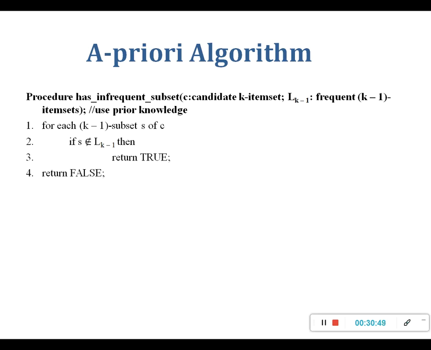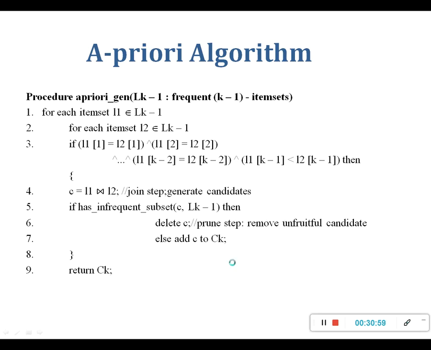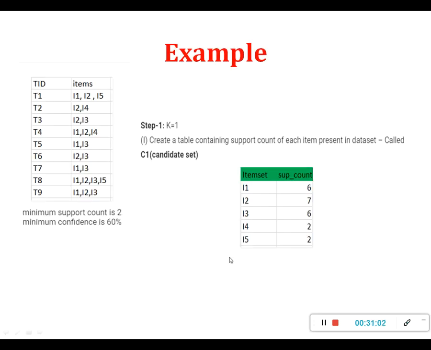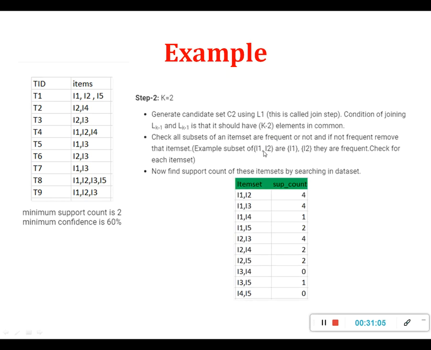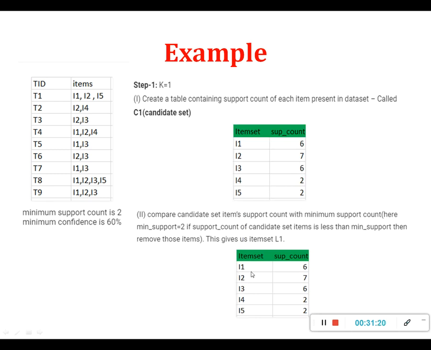So these are the different methods, and this is how we find out whether items are infrequent or frequent. We check whether they belong to our L list. If they do not belong to our L list, then the items are infrequent. If they belong to it, then we say the items are frequent. How? In the very first example, when I check whether I1 and I2 are frequent, I create the subsets of I1 and I2. Where do I check whether they are frequent? In my previous list. If I am creating L2, then I check in L1 whether they are frequent. So here is my L1 list. In L1 I check whether they are present. Yes, here I1 and I2 are present, so they are frequent.